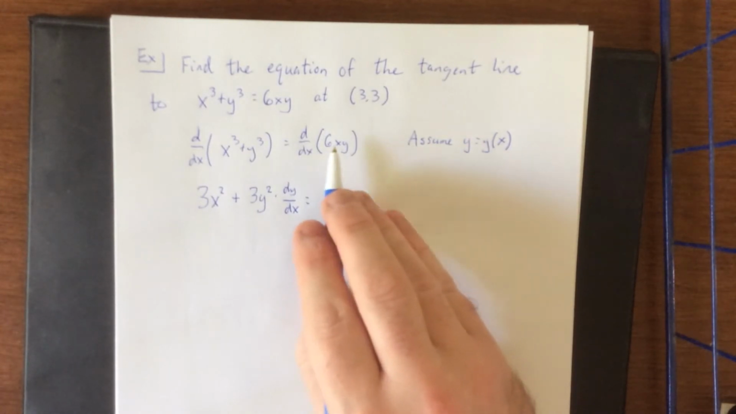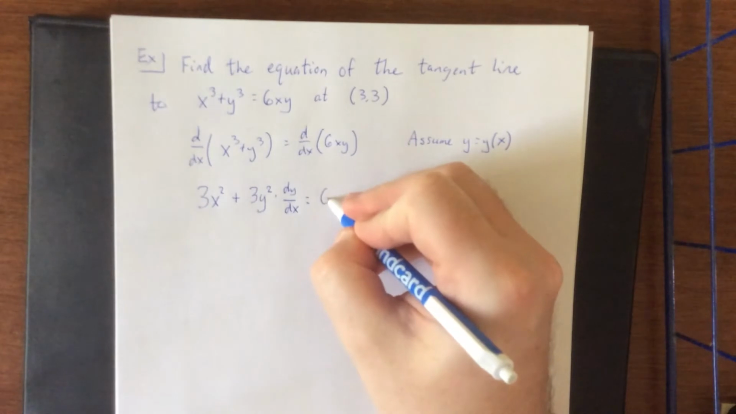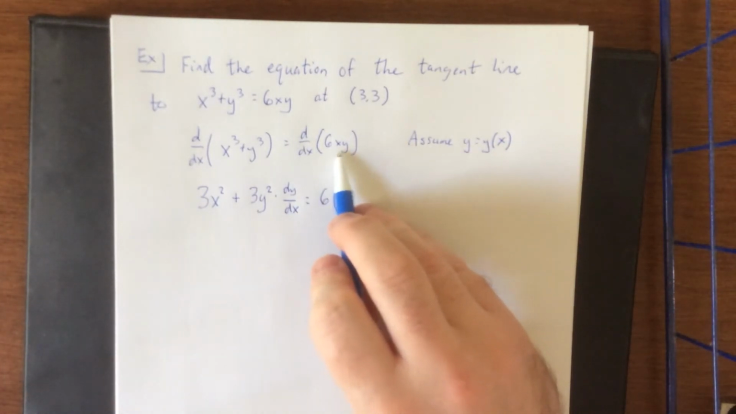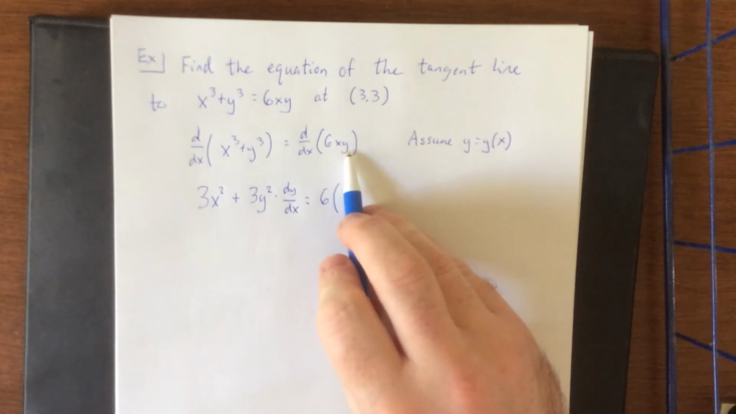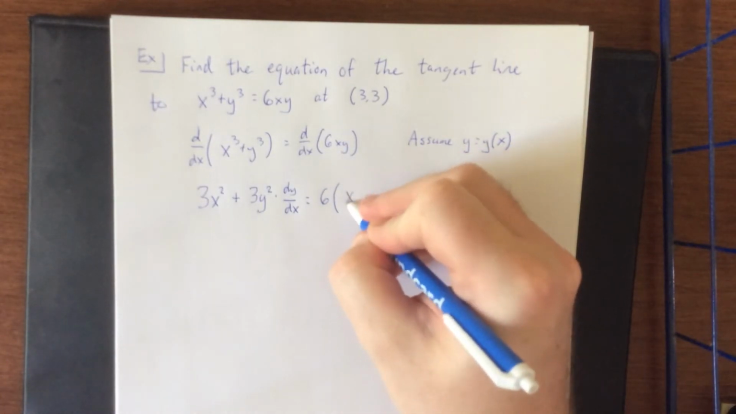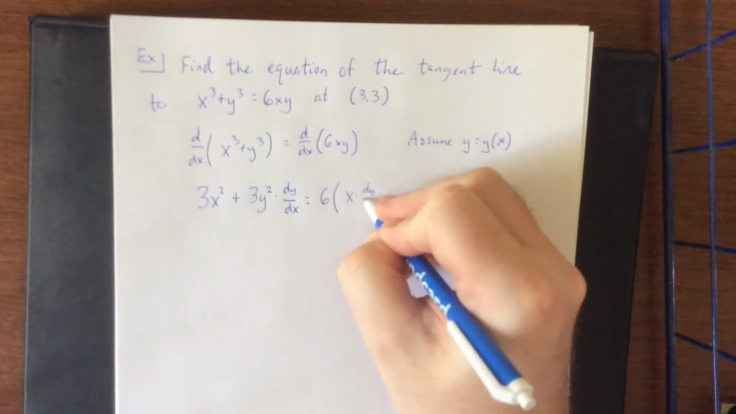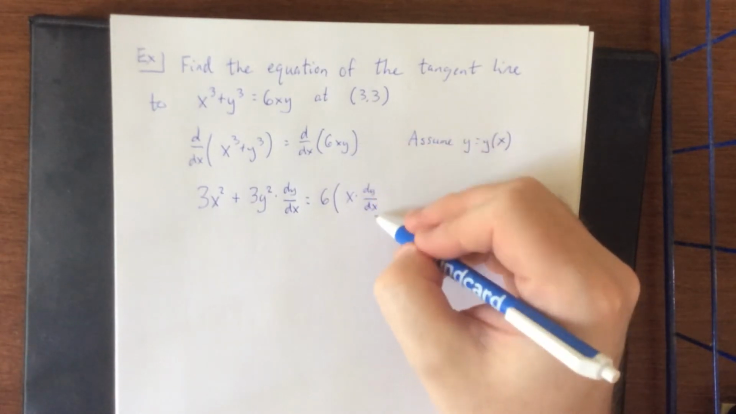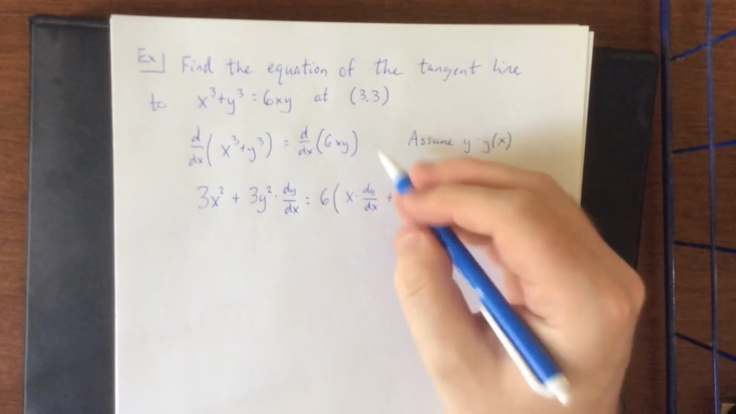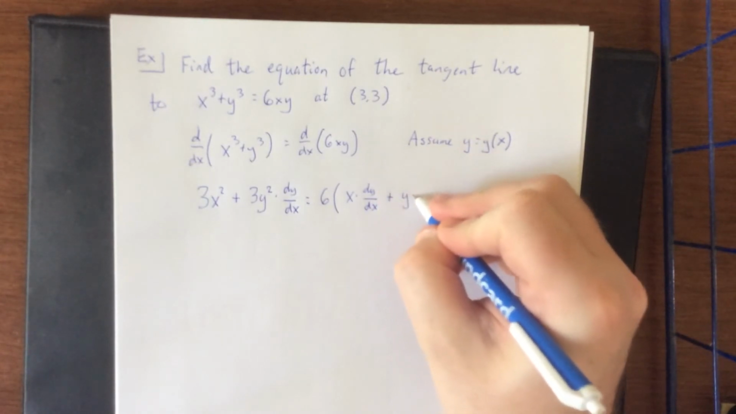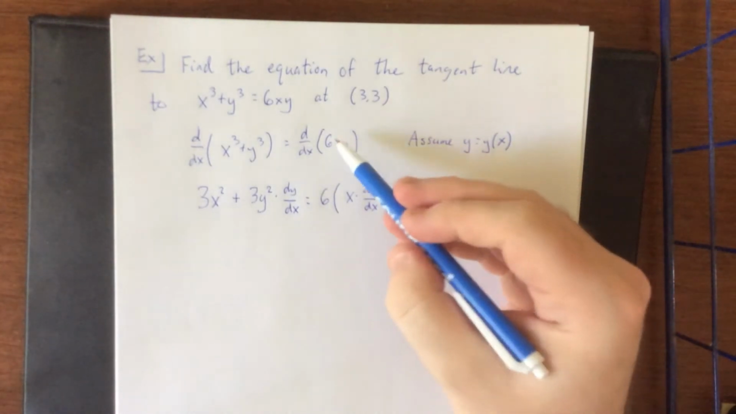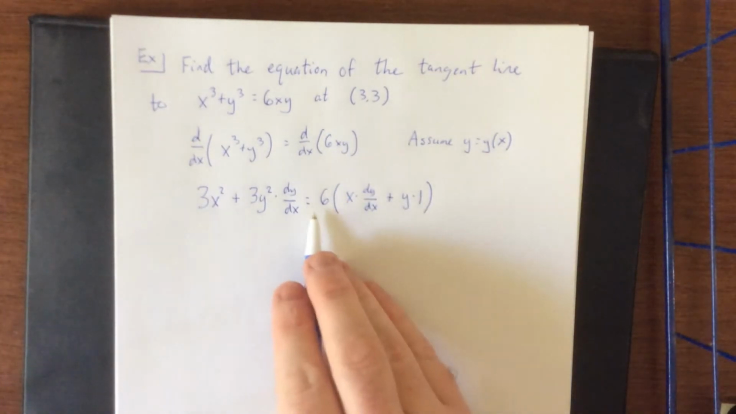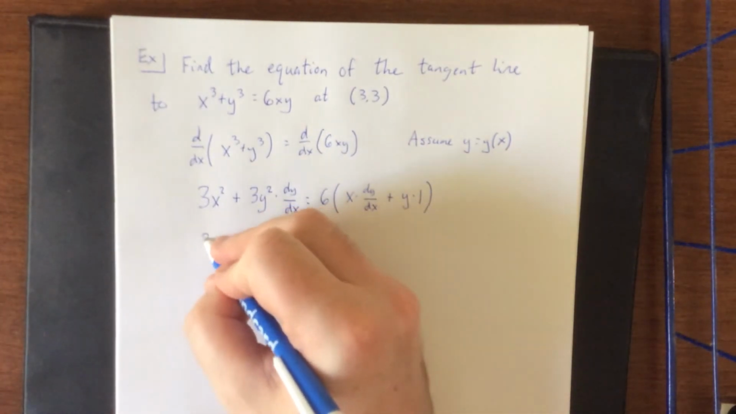On the right-hand side, 6 is a constant multiple, which is why I'm going to ignore it for the time being. x times y would be considered a product rule derivative. So that'll be the first times the derivative of the second. Once again, we're differentiating with respect to x, so the derivative of y would be dy over dx. This would be plus the second times the derivative of the first. Derivative of x with respect to x would be 1. What I'm going to do is distribute on the right-hand side,